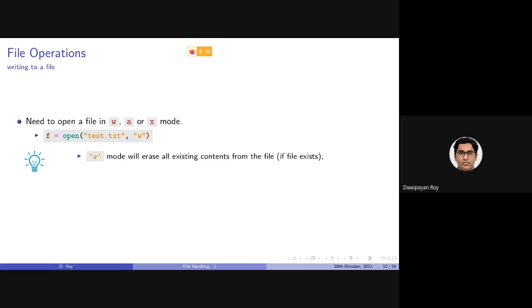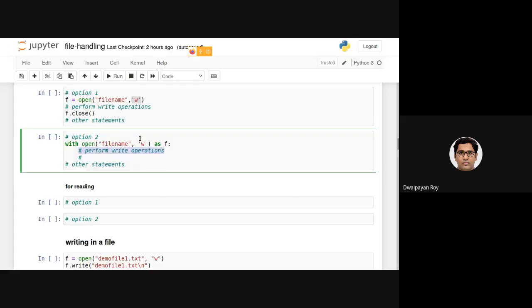Note, as I already mentioned, if the file already exists, the entire content will be erased. And if the file does not exist, it will create the corresponding file in that path. So basically, if I execute this command from the PWD, the present working directory, then this statement will create one file in that path. Let's look at that.